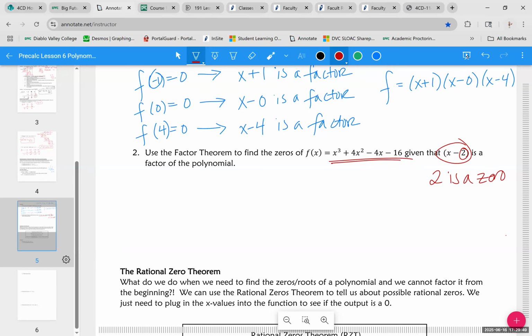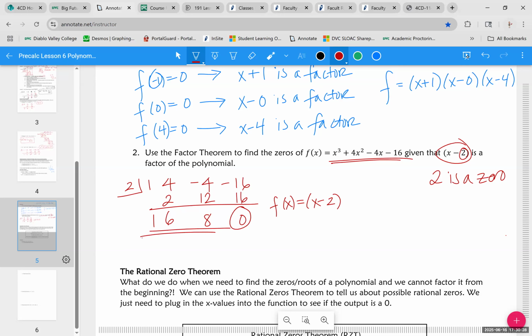So probably the best way to do that is to use synthetic division. It's going to be faster than long division. So I'm going to multiply and add and multiply and add and multiply and add. And if we know it's a factor, the remainder better be 0 because it's going to have to go in evenly. So that means that f of x is equal to this x minus 2